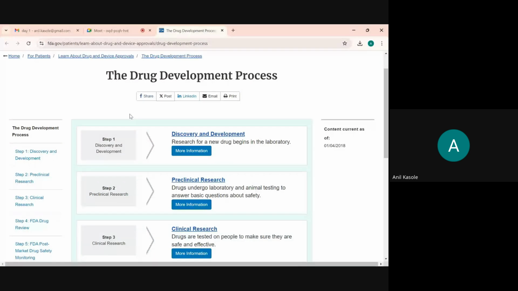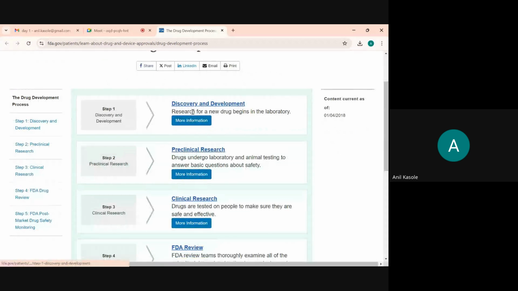For example, step one is called discovery and development. Research for a new drug begins in the laboratory. That means the company needs to do the research and come up with the lab volume product. That is called discovery and development. Once you develop the product in R&D, and before it goes into process development as well as commercial manufacturing,